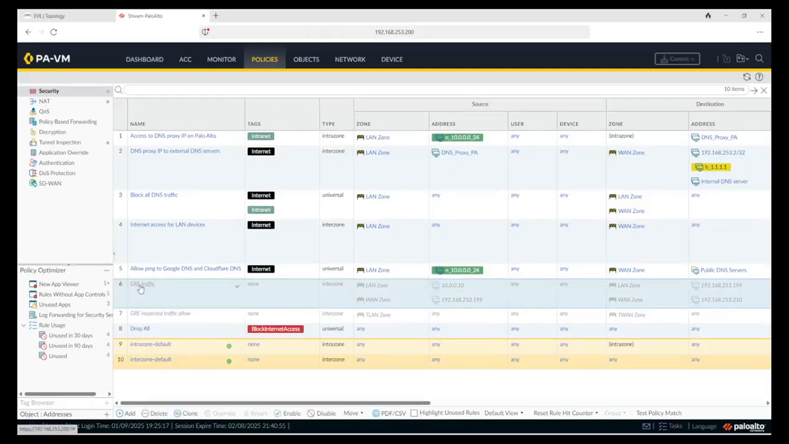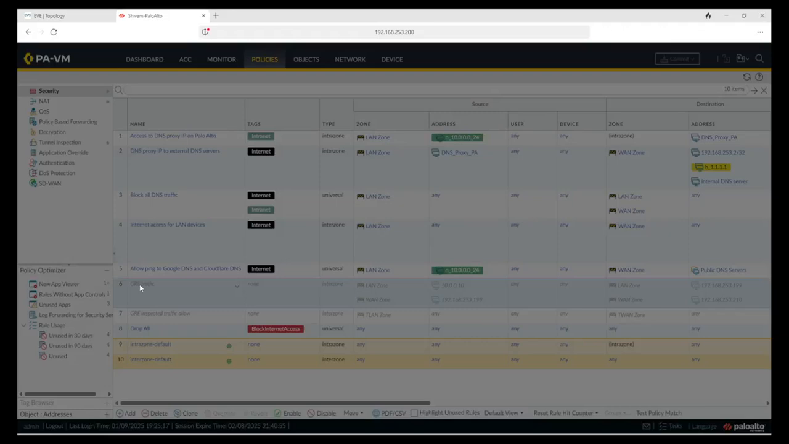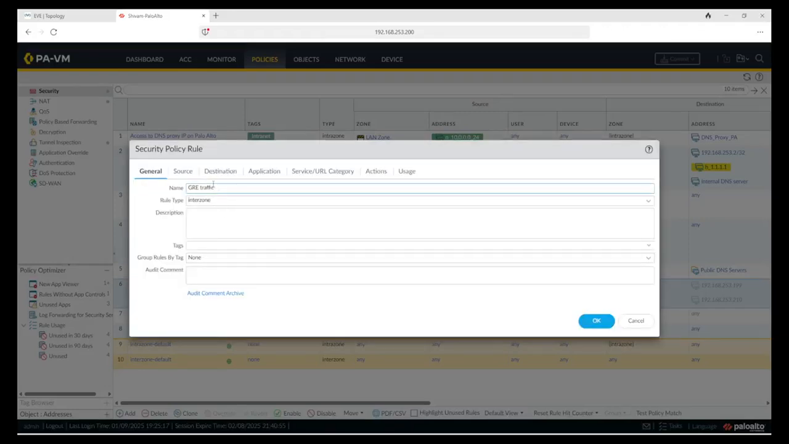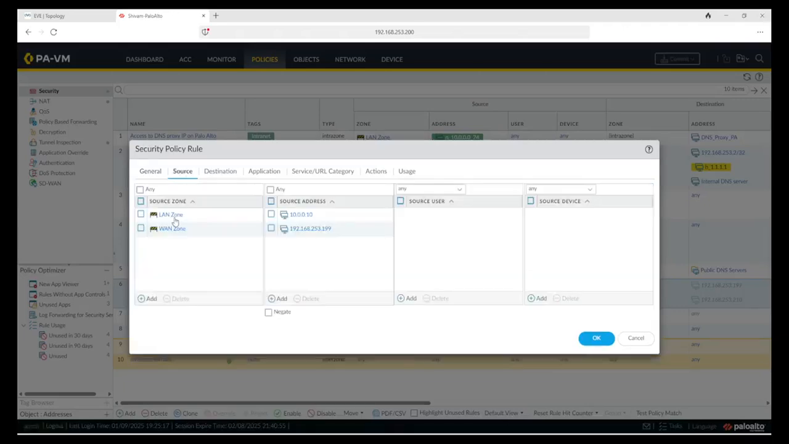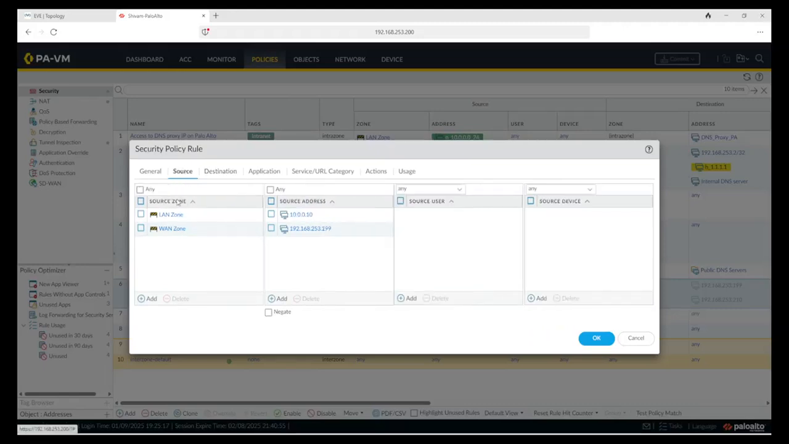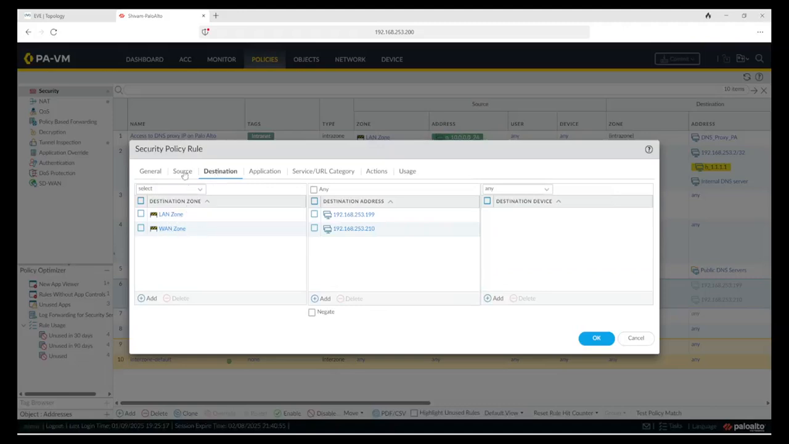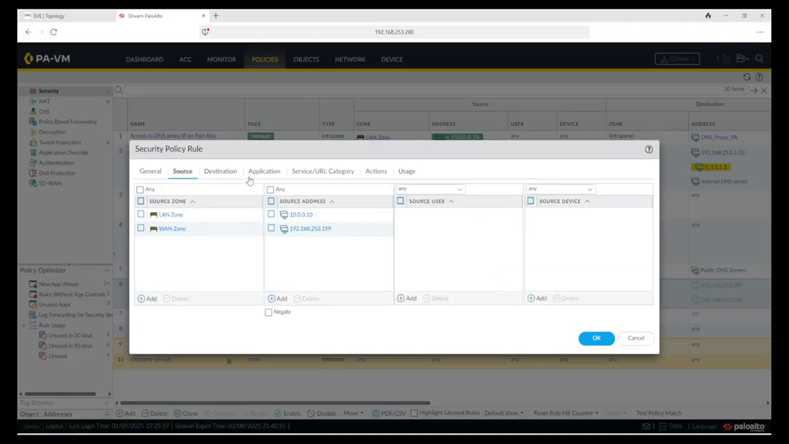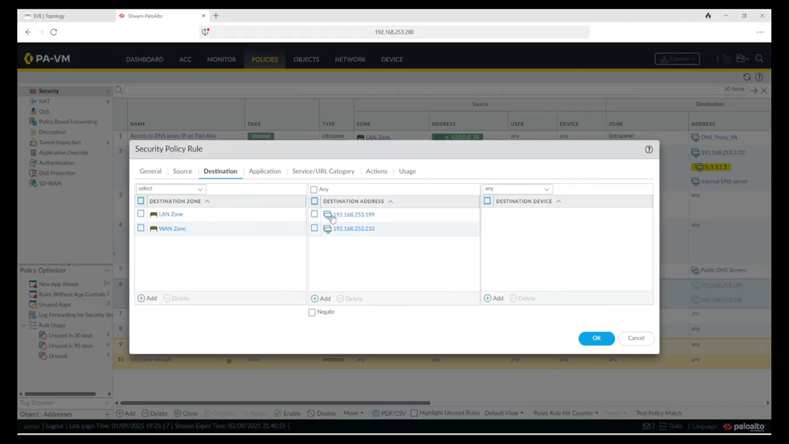I've already created a policy. It's in disabled state. I'll just enable it. So this is the policy you need to create. You can see the policy name is GRE traffic, interzone, source LAN zone and WAN zone both. And the destination zones are also LAN zone and WAN zone both. When the traffic goes from LAN zone to the WAN zone, the source will be 10.0.0.10 and the destination will be